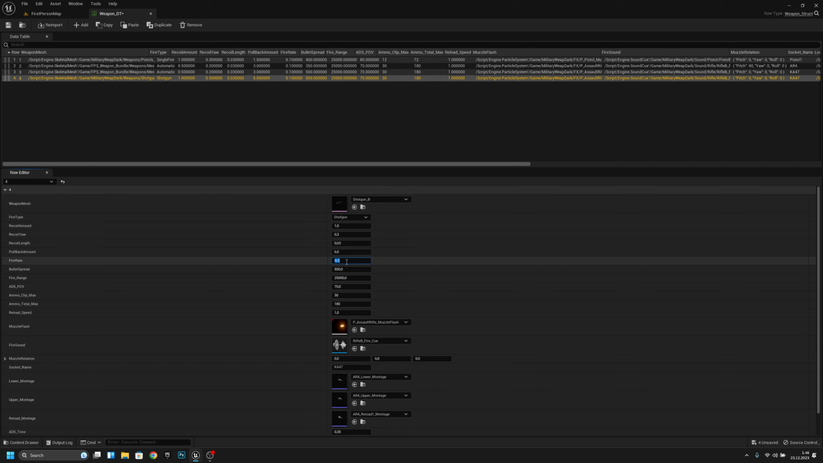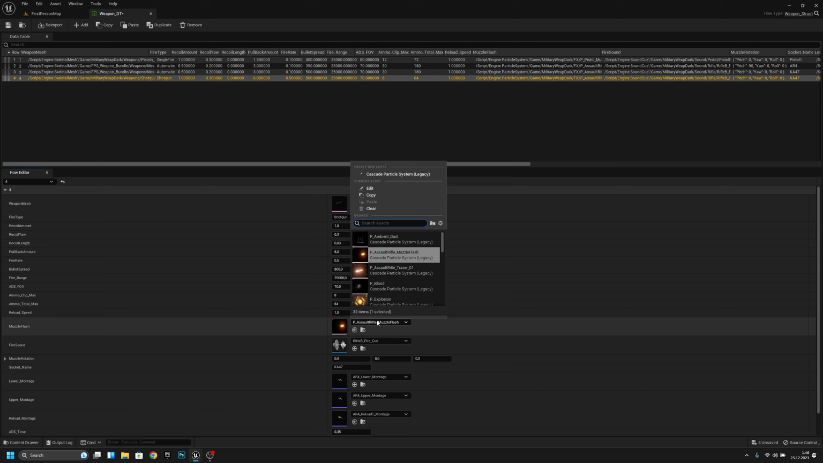Fire rate, let's make that like 0.5. Bullet spread, I like to make that 800. And this full, I think it can be that. Ammo clip max, let's make it like, I don't know, maybe 6. Ammo total max, so like 6. Actually, let's make this 8, and this like 64, I think. Okay, muzzle flash, I think we should have here a